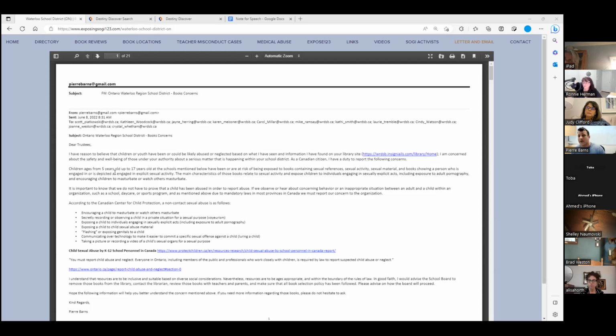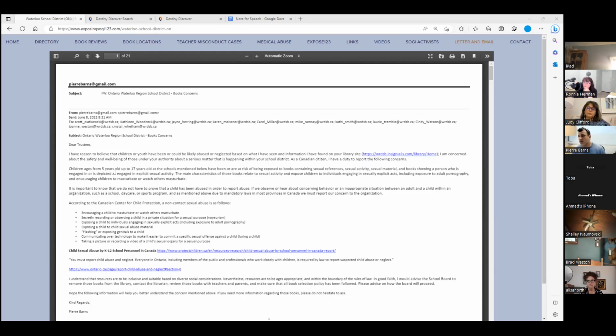You have to keep in mind that showing sexually explicit material to children is child abuse. So what you are doing actually when you are telling the teacher or the principal is that there are some books in school that have the potential to abuse children. So you are actually exercising your duty to report. You are doing what you have to do as a citizen.